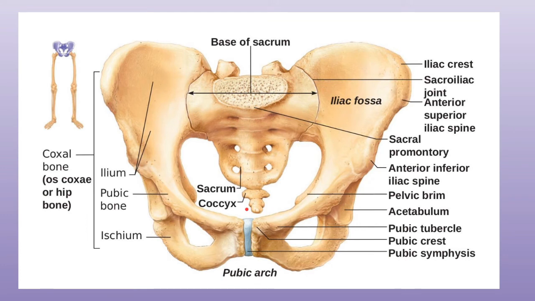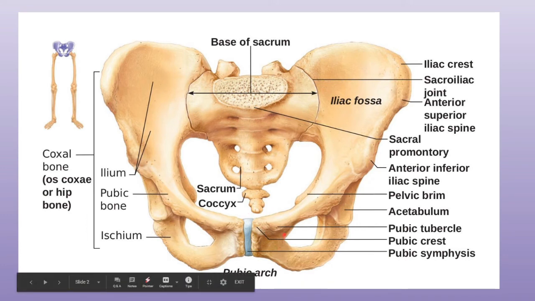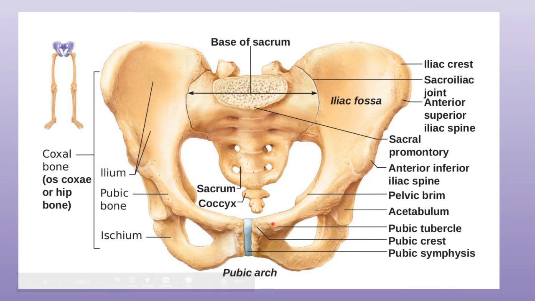Now attachments at the pubis part of the hip bone. As you can see, this is the pubic tubercle, and this part gives attachment to the medial end of the inguinal ligament and also to the ascending loop of the cremaster muscle. Now this is the pubic crest. The medial part of the crest is crossed by the medial head of the rectus abdominis muscle, and the lateral part of this pubic crest gives origin to the lateral head of rectus abdominis and to the pyramidalis muscle.